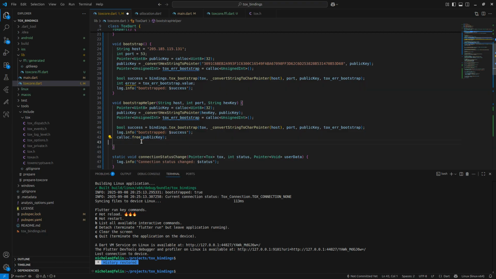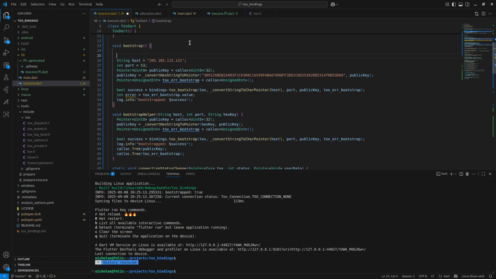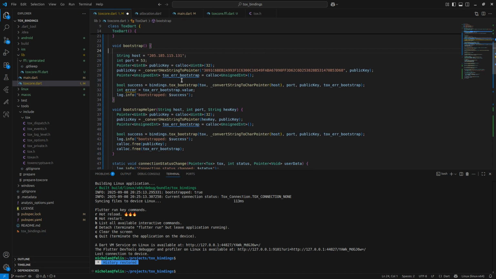Okay, so let's free up the public key, and then let's free up the Tox bootstrap as well. Look at that, memory safety. Should be using it regularly. Okay, so this will work for a host, a port, and a public key. So now we can just call, let's say, we'll just call Tox bootstrap helper, and then